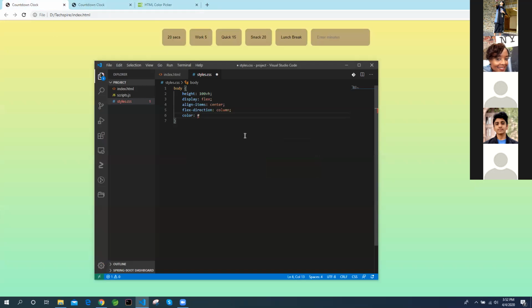So this color is going to be 43, 4, 0, 40, okay. So this is a code color, and the background of this body is this is a